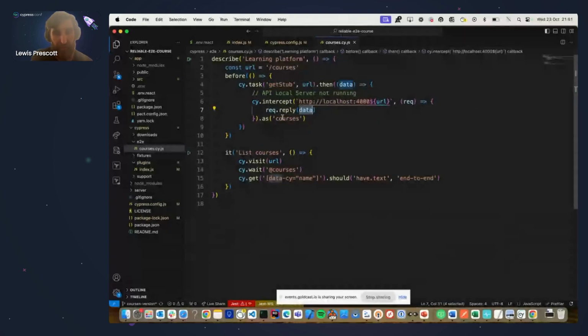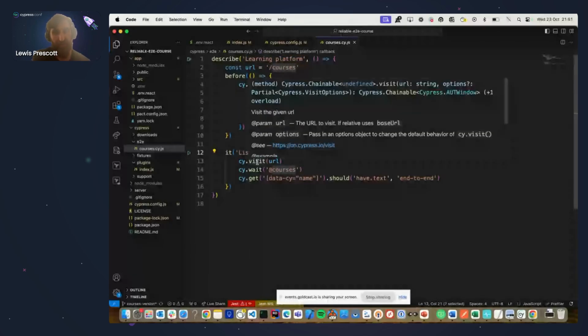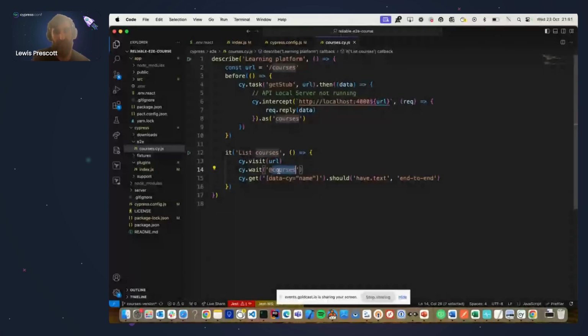So once we've got that as part of our courses, so the test that we're doing today, we've got a learning platform and can return us a list of courses. So once we visit the URL, we wait for this intercept to happen, and then we should have that course available for us. So if we pull up Cypress,